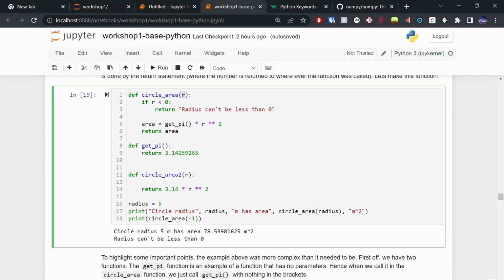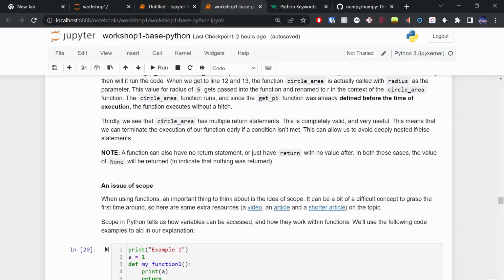Is it going to clash with the function name? Basically, what's up with variables? Because if I have a lot of functions and I'm using list as a variable name in that function, is that going to clash with the other times I've used list? What we're going to cover here is the idea of scope.